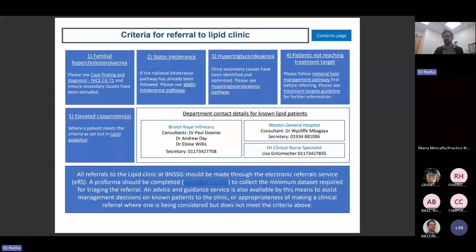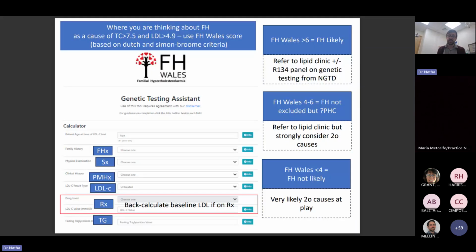The point I want to just touch on briefly is genetic dyslipidemias. There's been a lot of conversations about pathways, about how we help facilitate genetic testing within primary care. My understanding is that that's been set aside by genetic requesting originating from primary care in this region. However, we still want to be giving you the tools to be able to pick up on these individuals in the community who maybe need to be considered as highly suggestive of familial hypercholesterolemia, the monogenic condition associated with